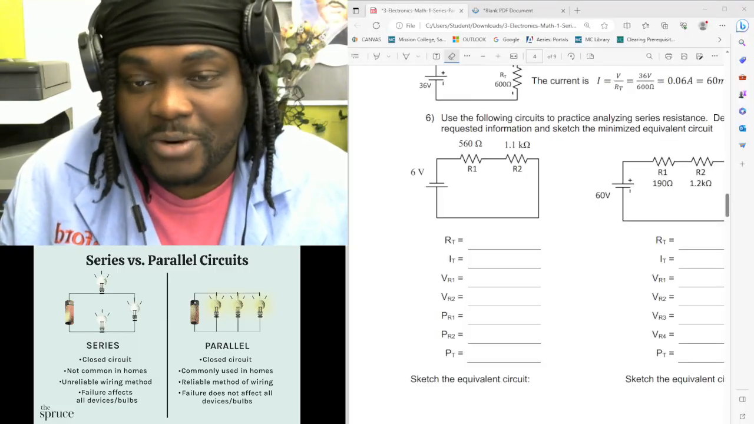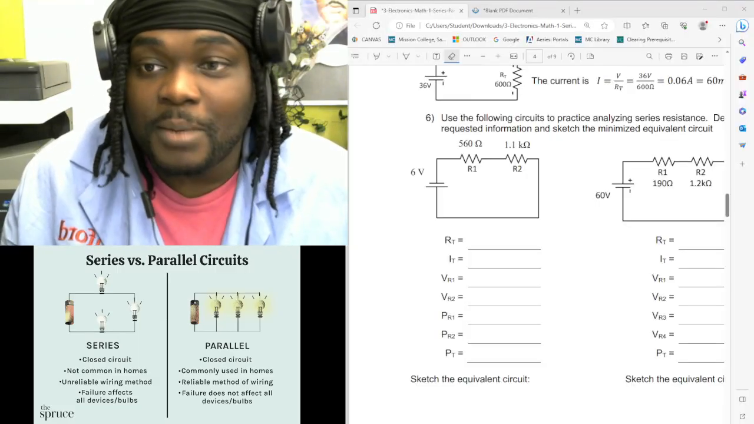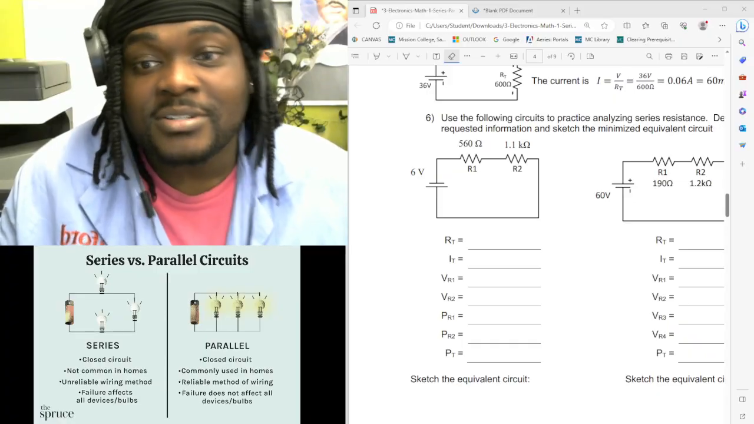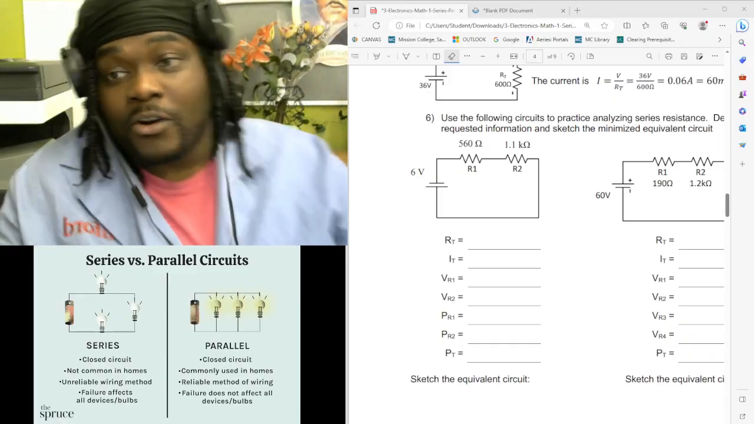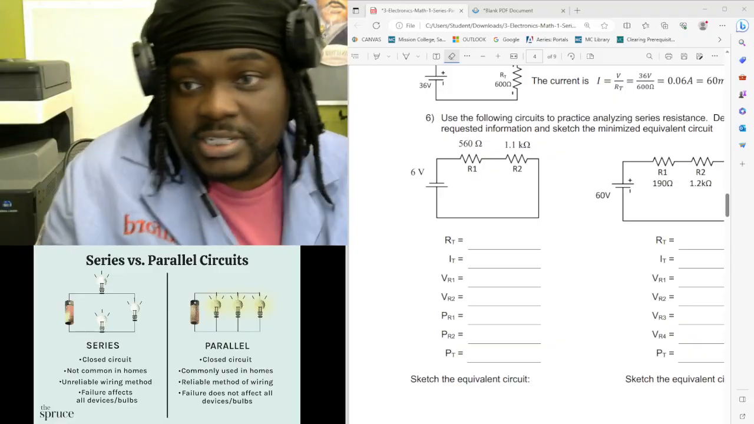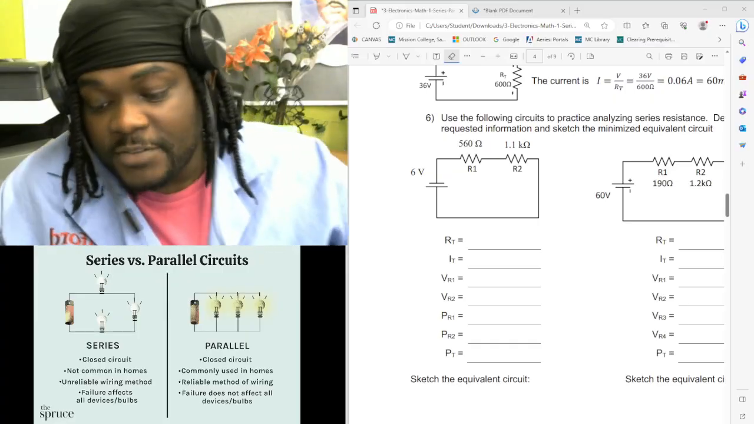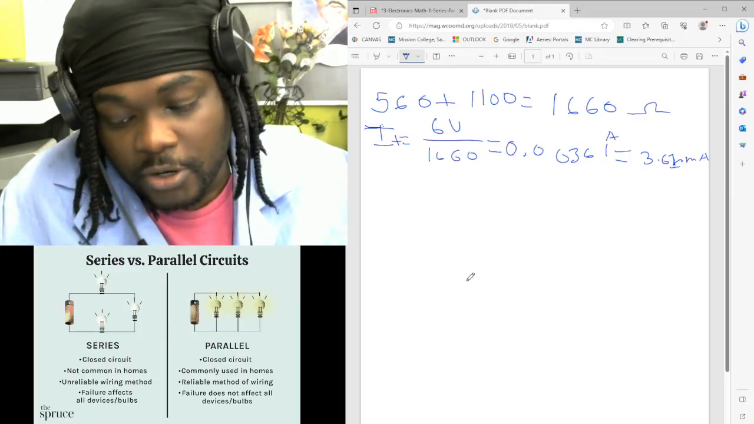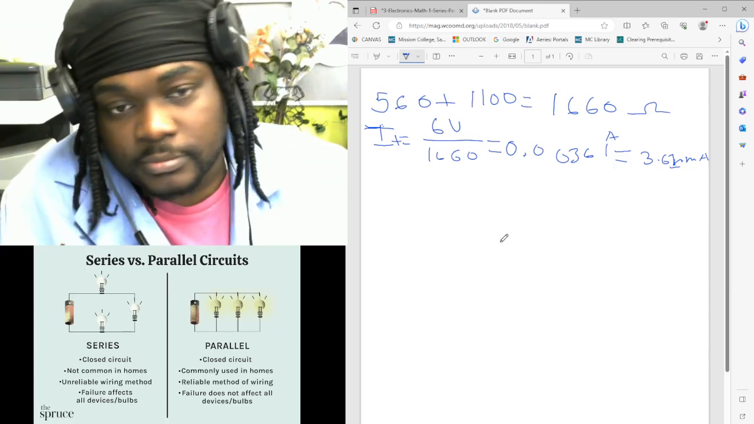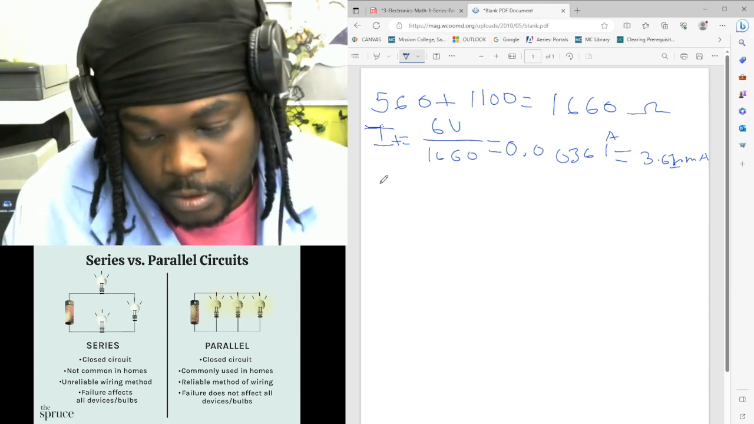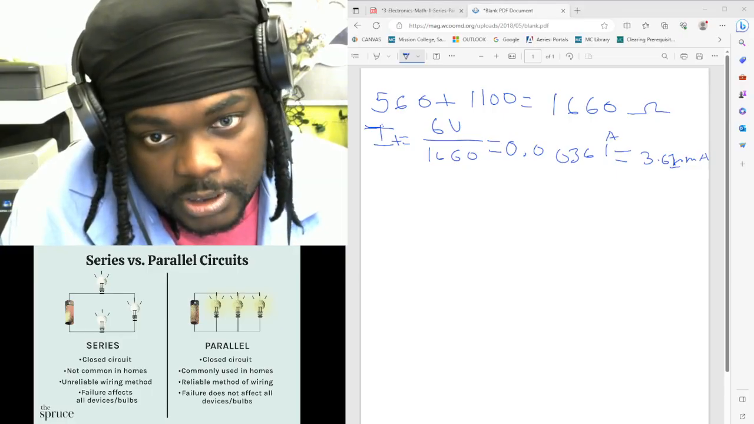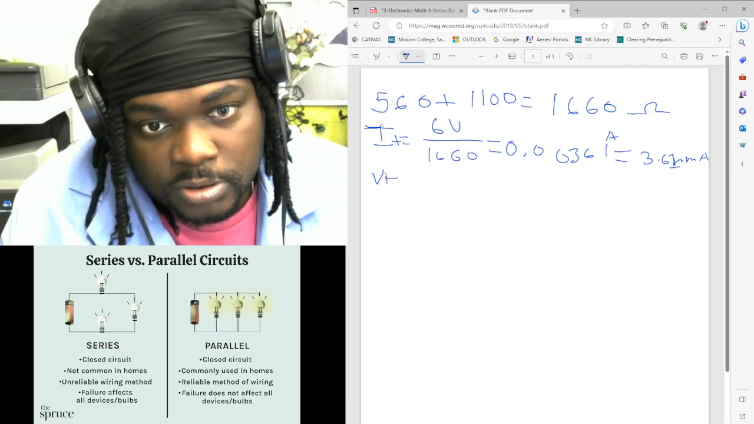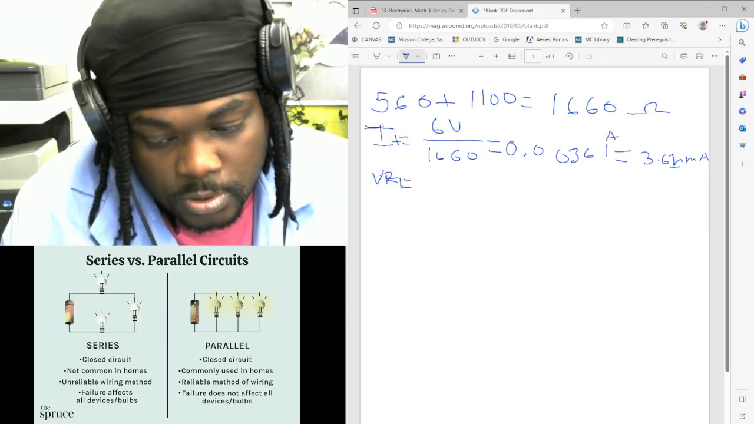So I think this is the point too where things can sometimes get tricky. Remember, it's V of R1, right? So it's where the voltage drops within that resistor. Remember, it's not VRT for our total resistance. We're looking at each specific resistor and how the voltage drops. So that means we're going to use our current. We're going to do our voltage, VR1, is equal to